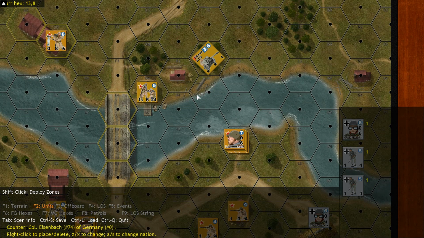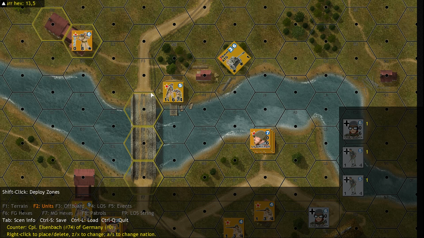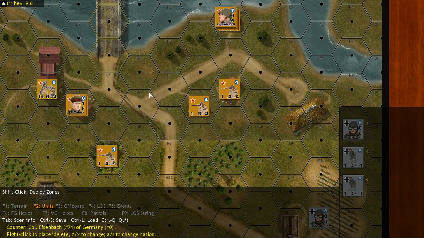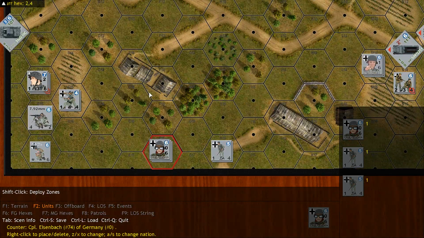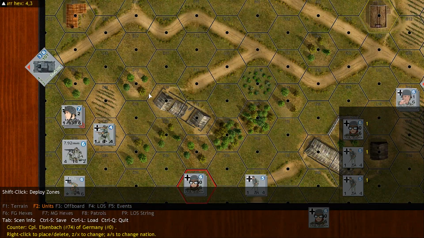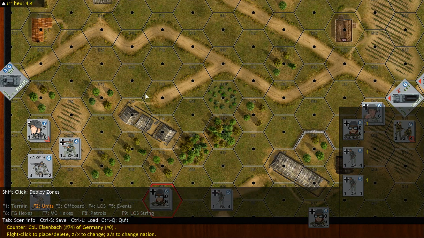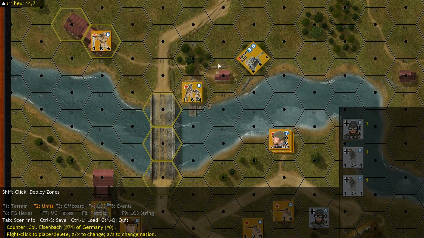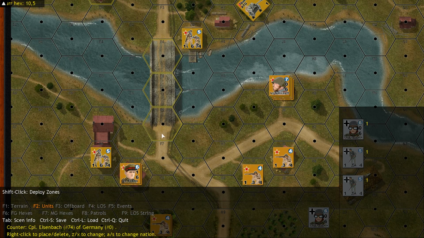Looks good. I think I like this. Yeah, definitely. Maybe I'll get a chance to try this out with my buddy tonight. Just load it up to see how it plays out and see some interesting things. Maybe the German or maybe the Russian player needs to have some more defenses here, and I need to also figure out